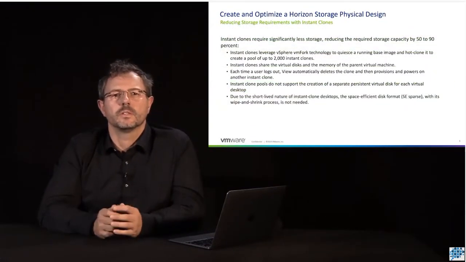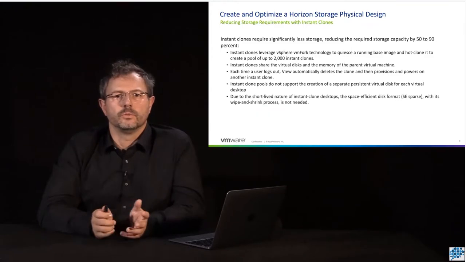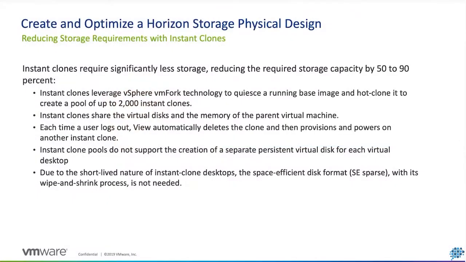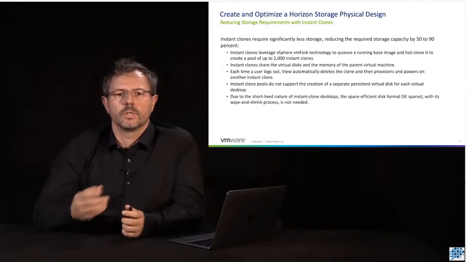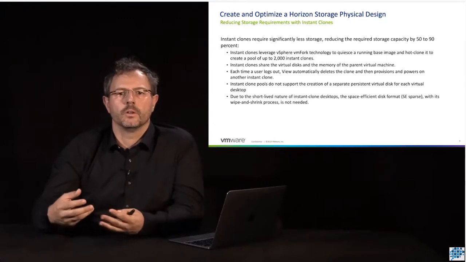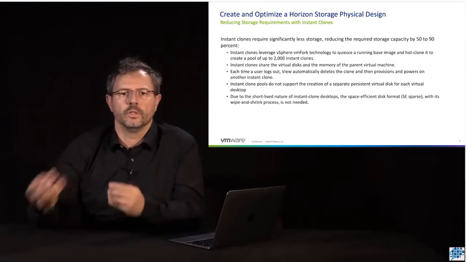With the rise of the instant clones, which is the new technology which came with Horizon 7, those instant clones require significantly less capacity on data stores. They are being forked with the VM fork technology out of a living virtual machine called the parent. So a user is logging on, working with the VM, logging off, and an instant clone is then being destroyed, and the new one is being